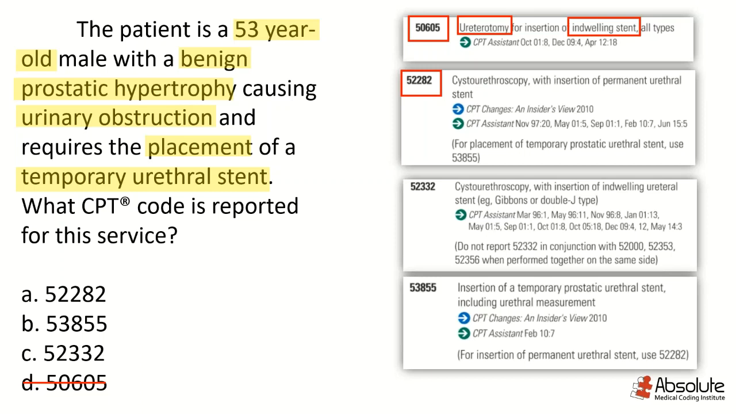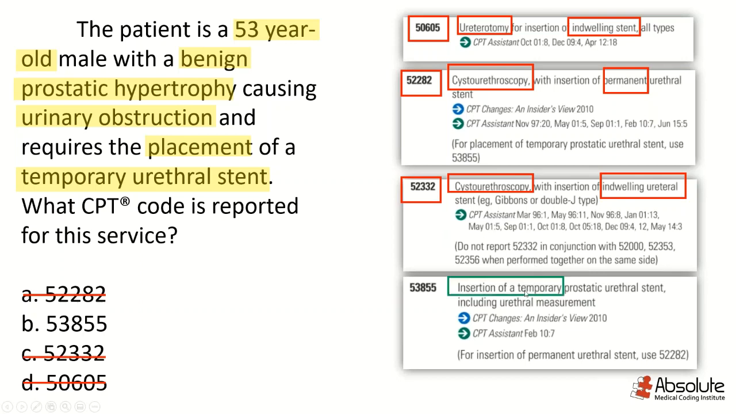Then we have code 52282. This is for a cystourethroscopy with insertion of a permanent urethral stent. That's not going on. Again, keywords are driving you. All right, the cystourethroscopy here with insertion of, yet again, an indwelling stent. Different procedures going on, but they're still trying to put that indwelling stent. And no, that's not what we have. We have insertion of a temporary prosthetic urethral stent. That's what we need, that code